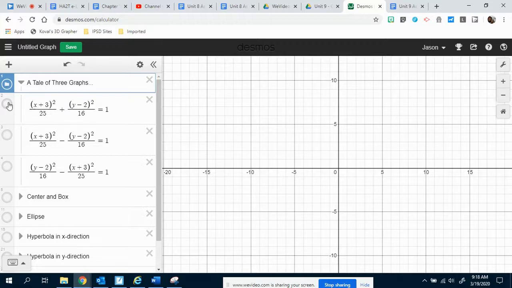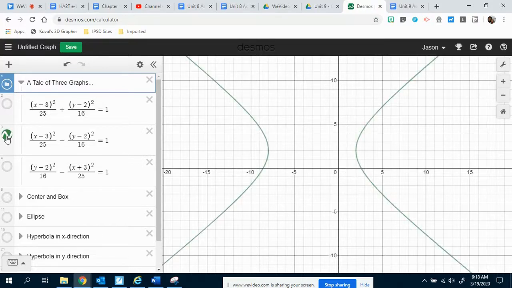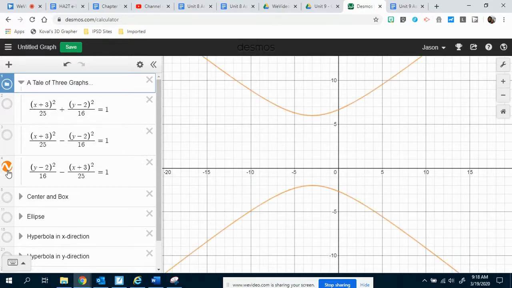So the first one, pretty clearly an ellipse. And the second two are pretty clearly hyperbolas, based on what we've learned so far in this chapter. Now, what I'm about to share with you is hopefully pretty beneficial. If you take a look at each of these three graphs,